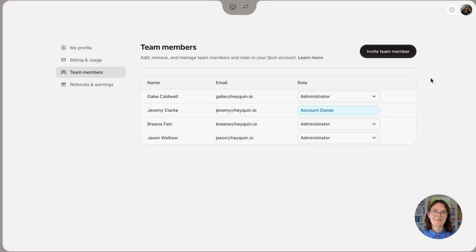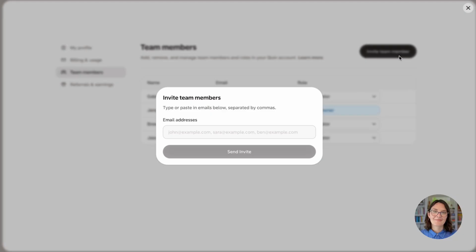So this is just a great way to make sure that you are all on the same account for billing purposes, but they actually have their own quote unquote Quin assistant and their own experience. So that's just something good to remember. Inviting a team member is pretty straightforward. You'll just click invite a team member. You can add multiple email addresses separated by commas here,